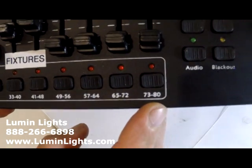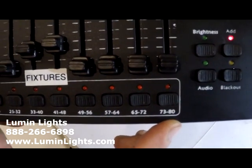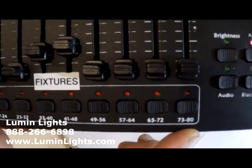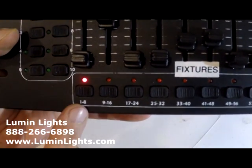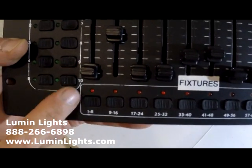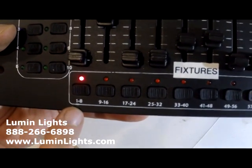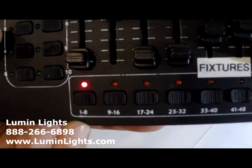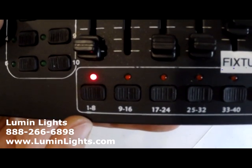Now, what these numbers mean are the DMX channels. This is an 80 channel DMX board, which means you have up to 80 channels of DMX that you can control. So channel or fixture 1, when you select it, the LED light will turn on, letting you know that that fixture is now selected. And your fixture should be set on DMX starting address number 1,